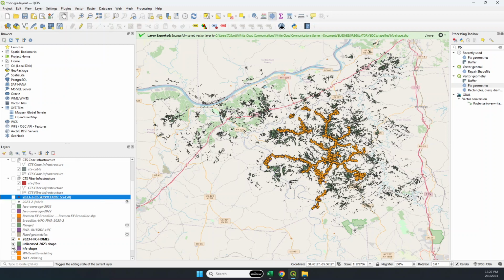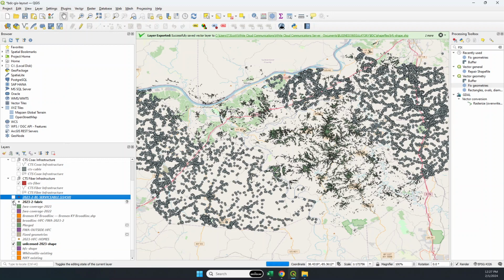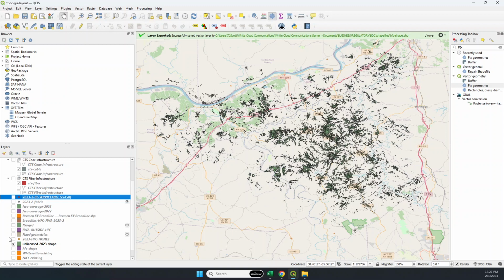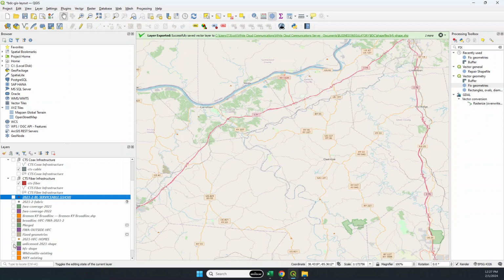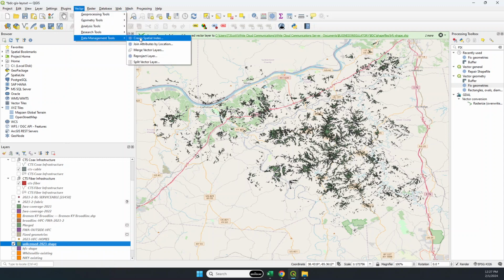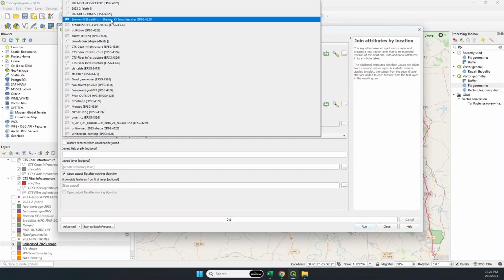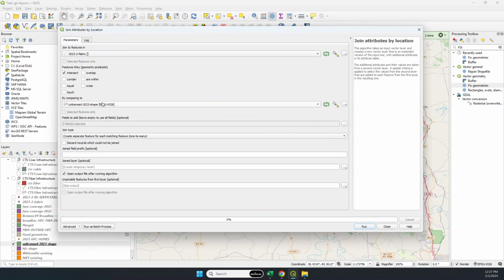Okay, as you can see, there is our unlicensed footprint, and there's our fabric. We're going to end up doing the same thing to it after we do a couple of other things here. Actually, I think that's all I've got to do. I just need to do the same thing to it now. I don't think I'm going to have to fix geometries. We're just going to try this without it. Let's see what happens. Data management tools, join attributes by location, join features in the fabric to the unlicensed 2023 shape,